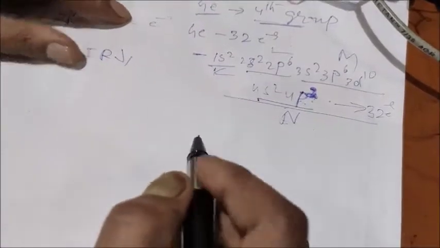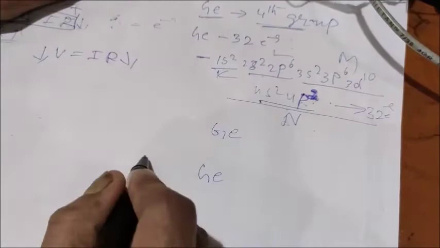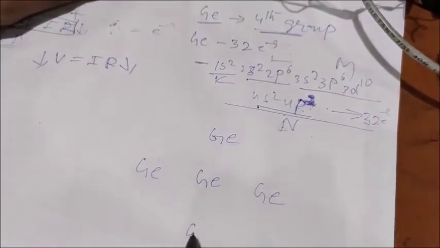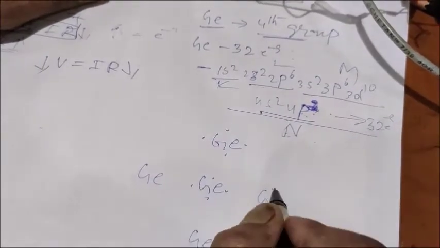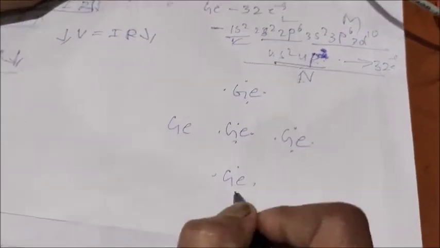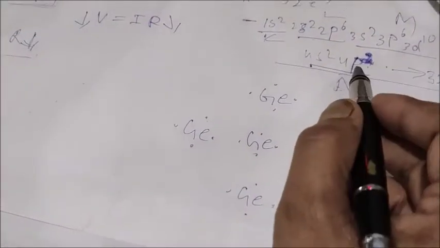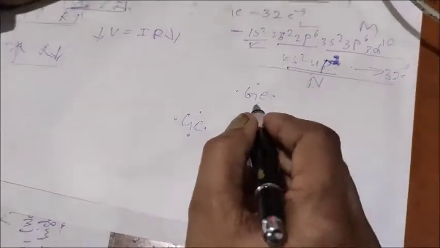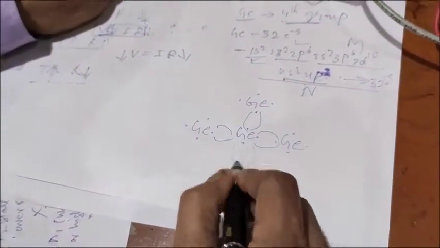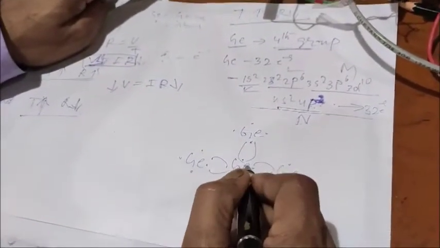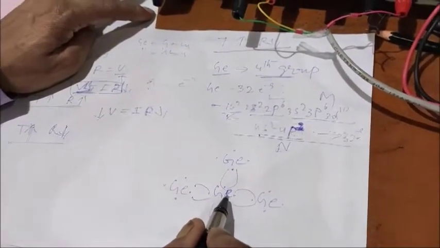Look at the structure of germanium. Imagine one germanium atom at the center surrounded by 4 germanium atoms, since every germanium atom has a valency of 4. Every germanium atom seeks 4 more electrons to achieve the closed shell configuration. Here, one electron from each surrounding germanium atom is shared with the central one. A total of 4 electrons are shared with the central germanium atom, so this achieves the closed shell configuration.